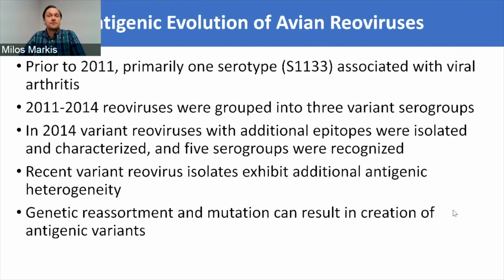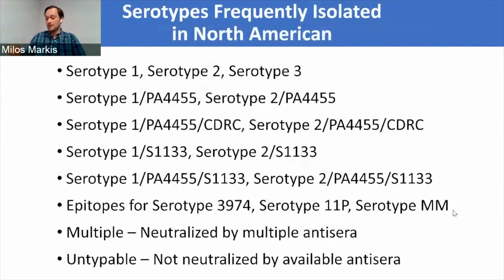The recent variant reoviruses exhibit additional antigenic heterogeneity, and I think genetic reassortment and mutation in the field can result in creation of these antigenic variants. So starting in 2011, we were grouping reoviruses into serotype 1, 2, and 3, and about 2014, we identified isolates that were still reacting with the antisera made for serotype 1, 2, and 3, but they were additionally reacting with antisera made against this